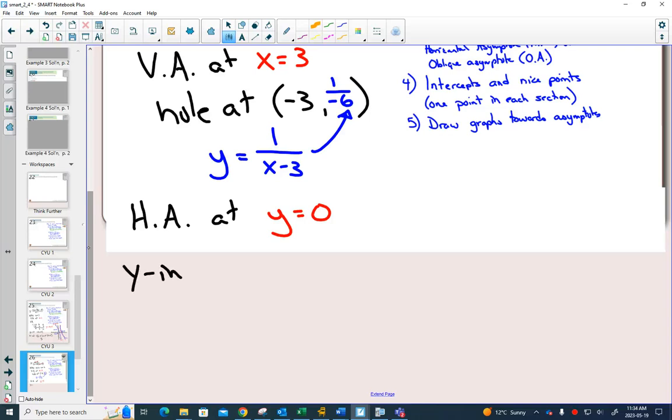Y-intercept, plug in 0 into the blue equation, and you get 1 over negative 3. X-intercept,